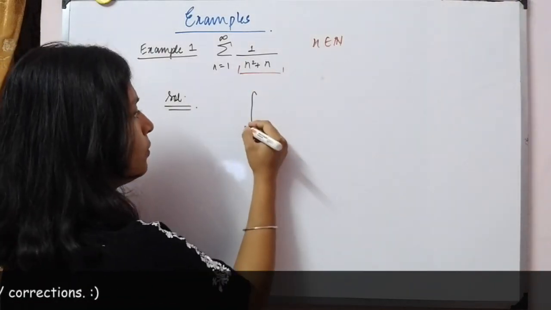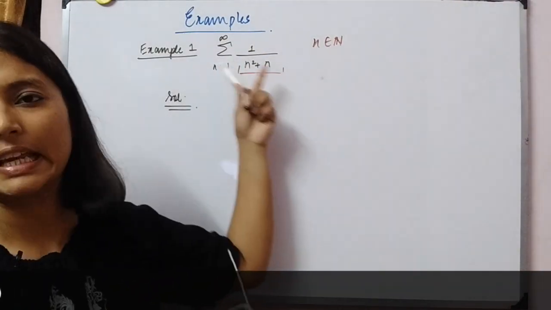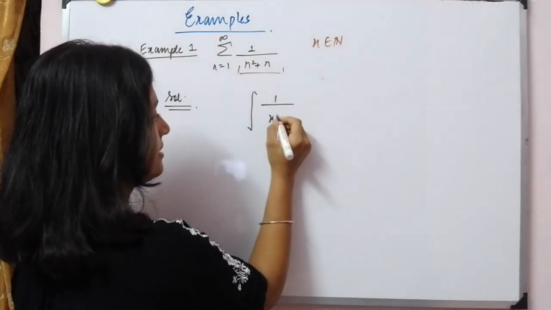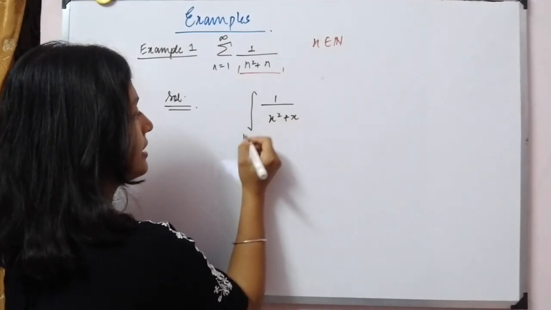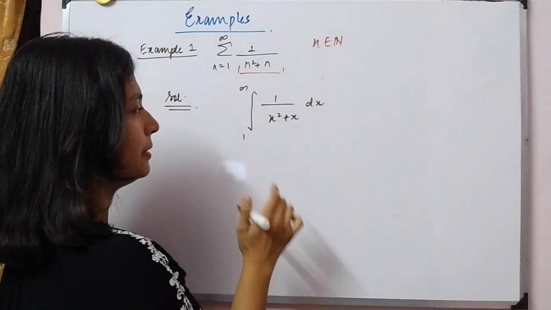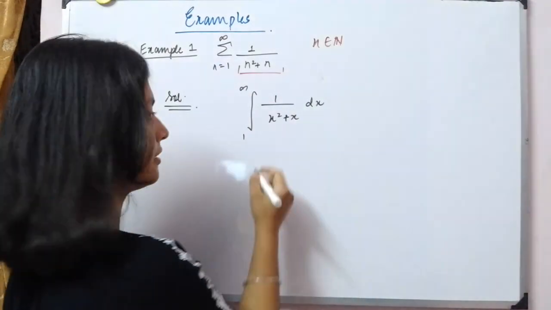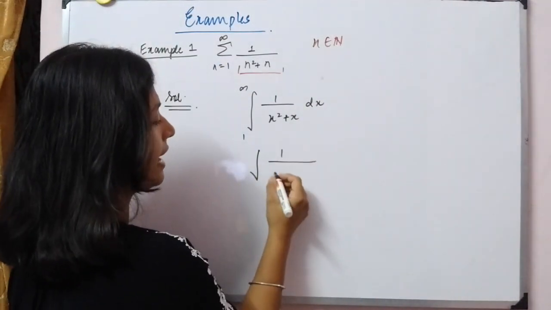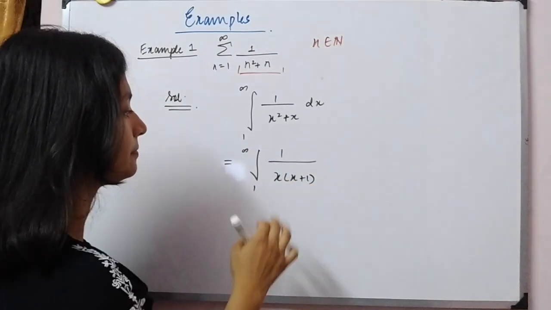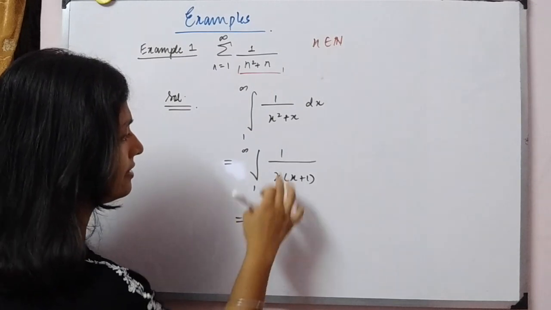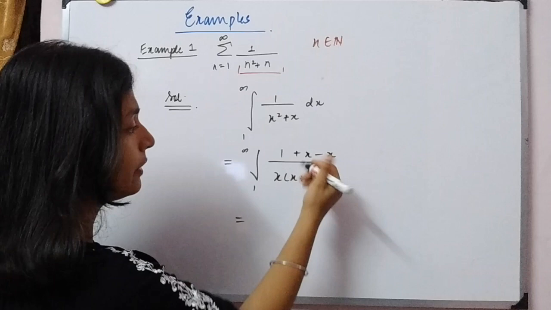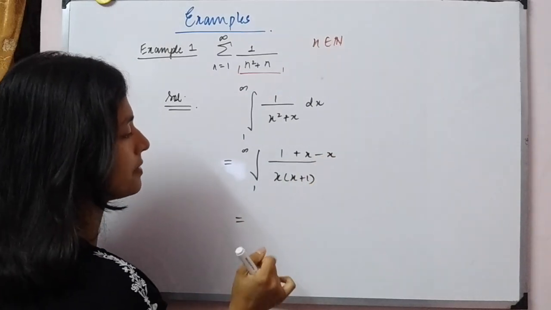So what we have to do here is, we have to change this into an integral. We have to replace n by x and then integrate this from 1 to infinity dx. Let's see if this is integrable and comes to a finite term or not. So this can be written as 1 upon x into (x plus 1). This can be further written as, we can add x and subtract x. Alright, we are doing this to separate it into two different terms.